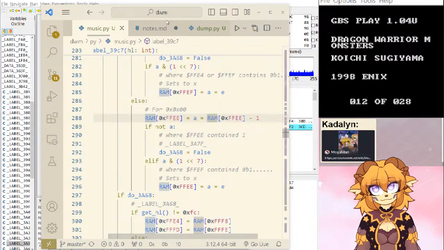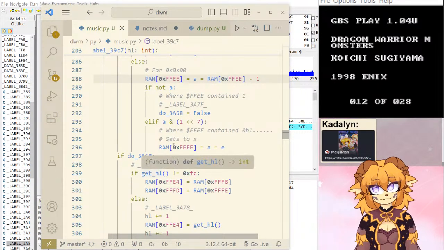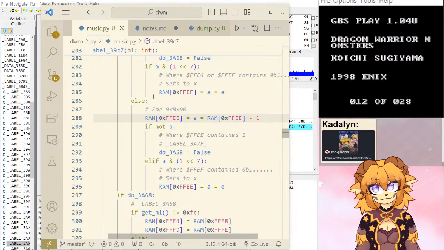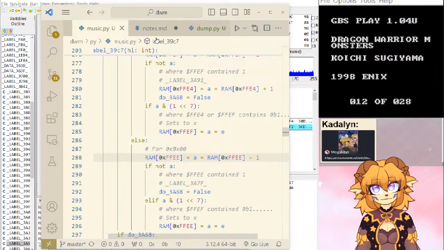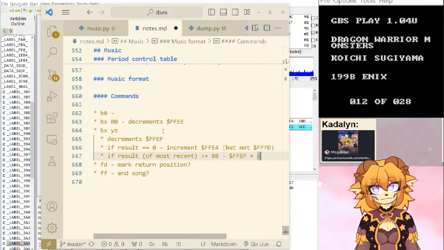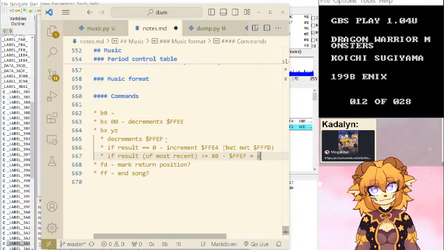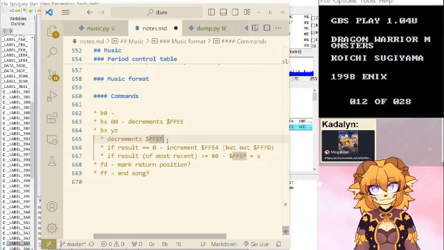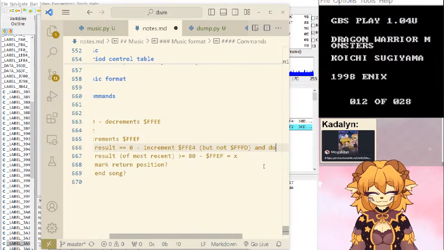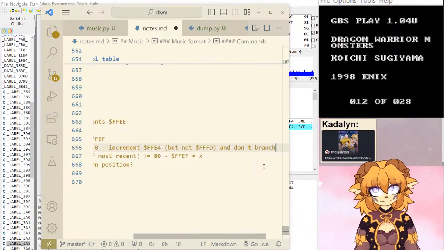So for 0, 0, we decrement FFEE. Okay. Don't branch.